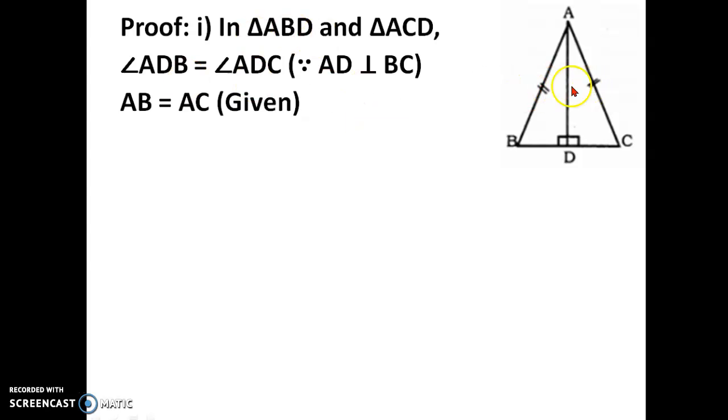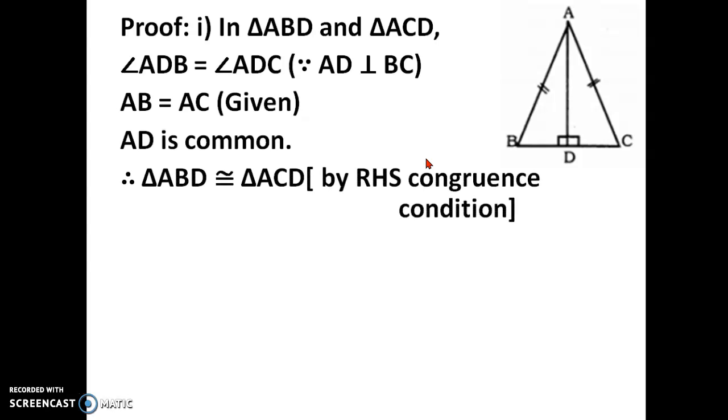And AB is equal to AC. That is also given in the question that it is an isosceles triangle. So these two sides are equal. Then AD, this AD is common to both the triangles. Okay, so we have the RHS congruence condition, that is right angle, hypotenuse and side. Okay, so this is right angle, we said, so this angle is equal, then hypotenuse this side, and one more side. Okay, this side we said AD. So 1, 2, 3. So by this condition we are telling that these two triangles are congruent.